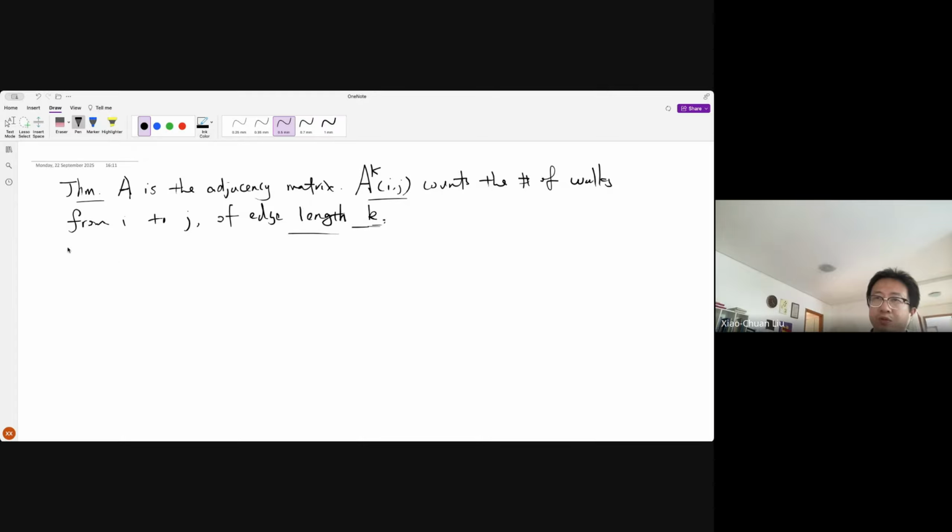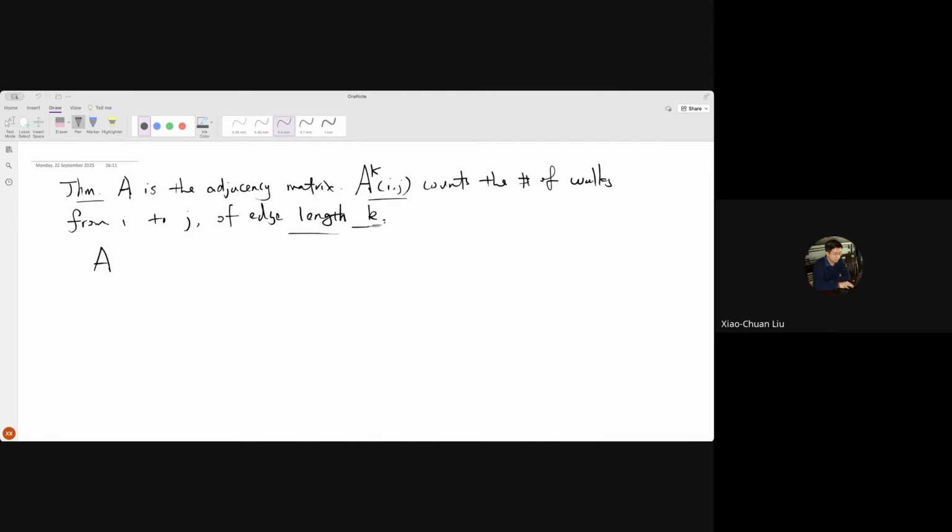So now we need to recall a little more linear algebra. Let me remind you that we are dealing with a so-called symmetric matrix, because our adjacency matrix is a symmetric matrix. Okay, so if A is a real symmetric matrix,